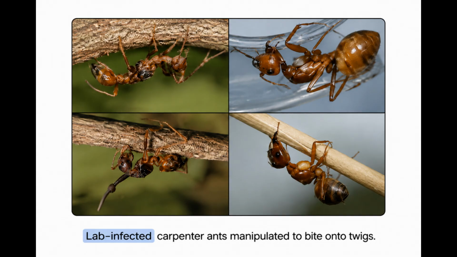Act 3. The Specialist. Now, you might be wondering, if this fungus is that powerful, why isn't it zombifying every insect in the forest? To figure that out, scientists took these fungi into the lab to test the strict limits of its mind control powers. They injected the fungus directly into several different, closely related species of carpenter ants, basically bypassing the outer armor to give the fungus direct access inside their bodies.